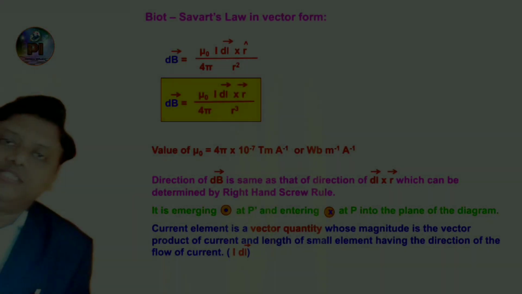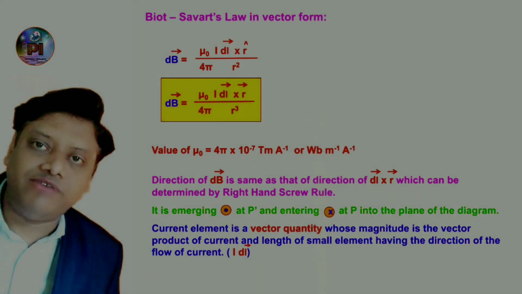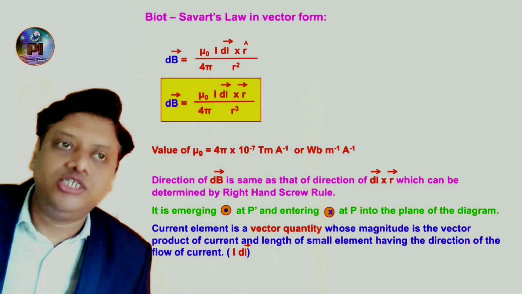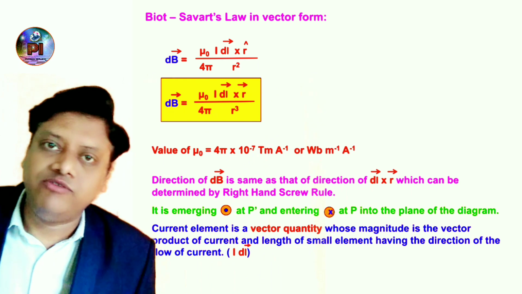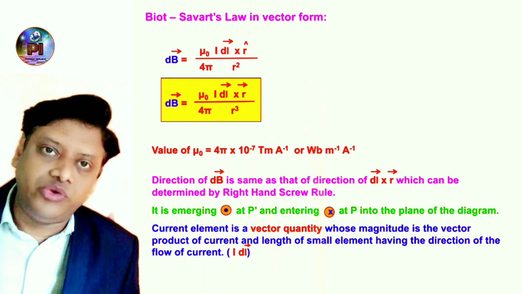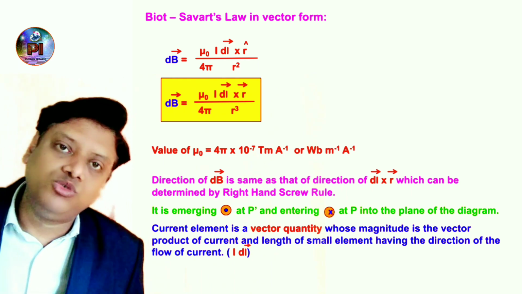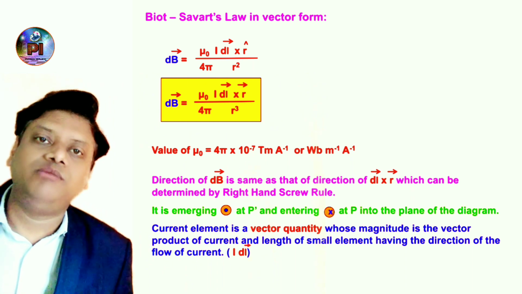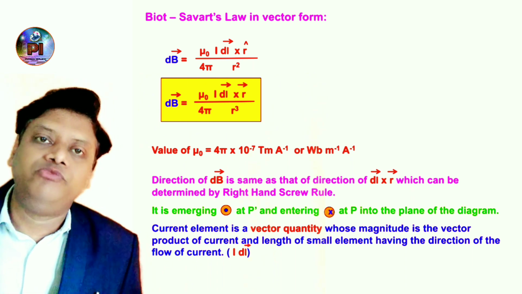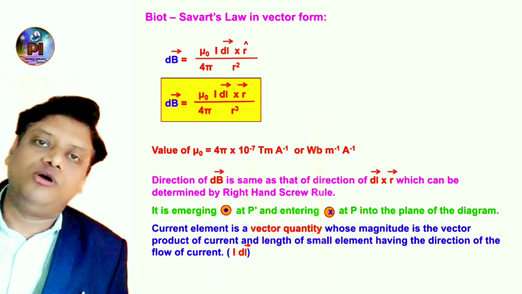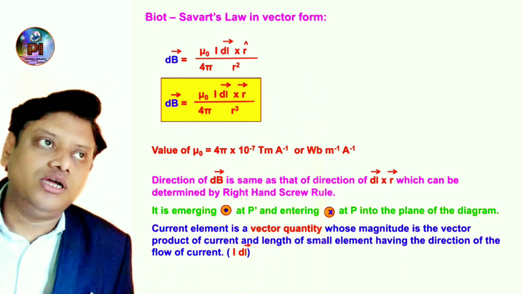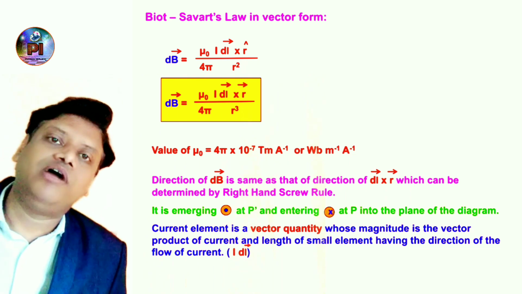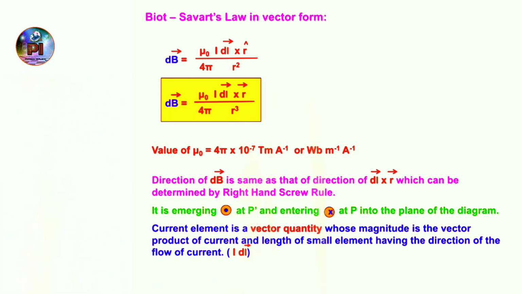The direction of this magnetic field due to Biot-Savart law is given by two rules. The first one is the right hand thumb rule, and the second one is Maxwell's corkscrew rule. Now about both of these rules we have already learned in earlier classes. The same rules we have to study here that we learned in 10th class. Now the first one is the right hand thumb rule. According to this rule, if we are holding a current carrying wire in such a way that the thumb points in the direction of current.